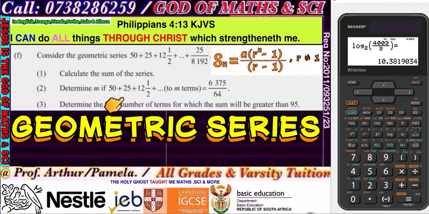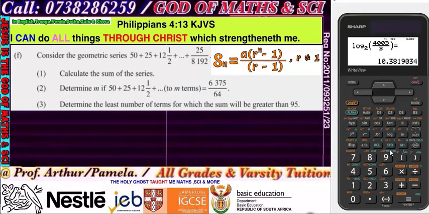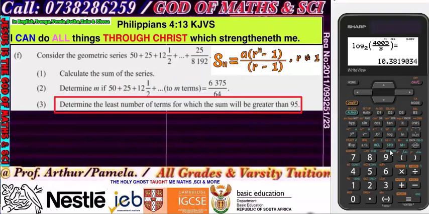All right, fine. So we're dealing with geometric series, but we want to go for the last one, because the rest are very easy. So I'm going to put that in a red box. So there it is. When we read that, it's saying to me, determine the least number of terms, which